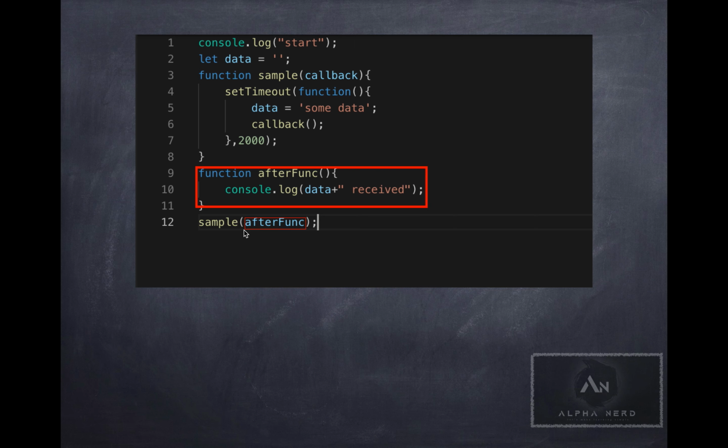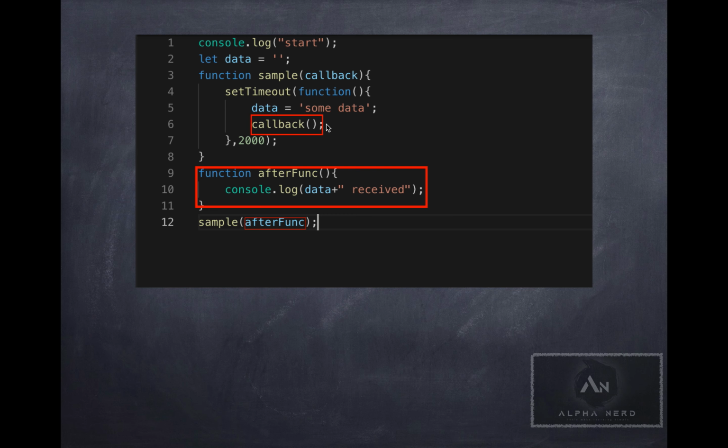As previously said, sample here is a higher order function since it accepts a function as a parameter, and afterFunction that is being passed as an argument to the sample function is the callback function, and this callback function is called inside the sample function's definition after the sample function's original execution statements,